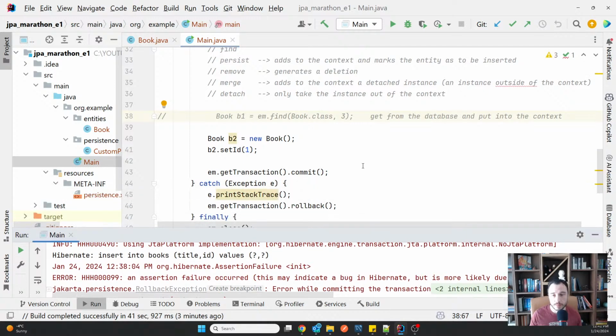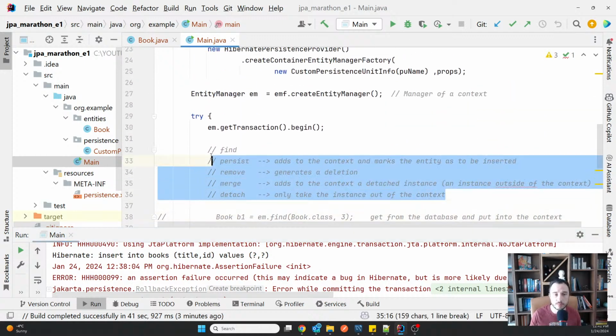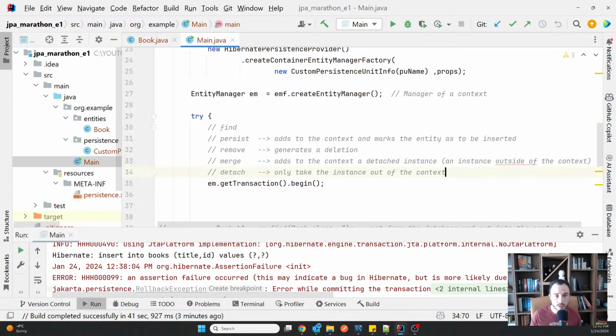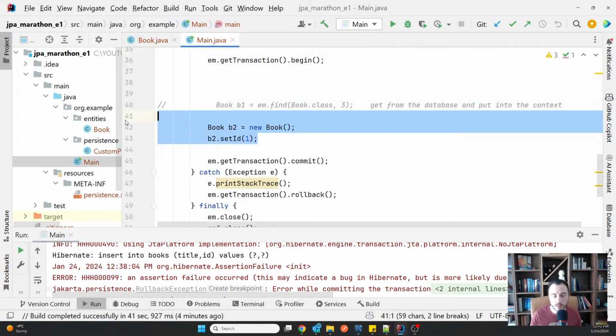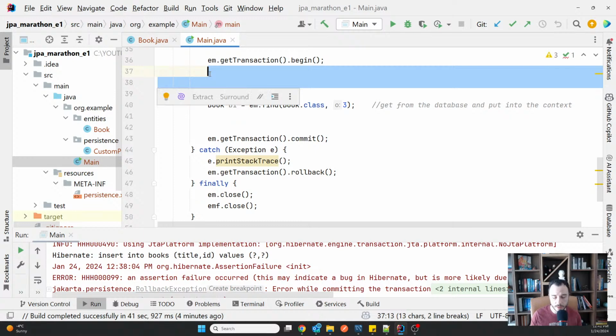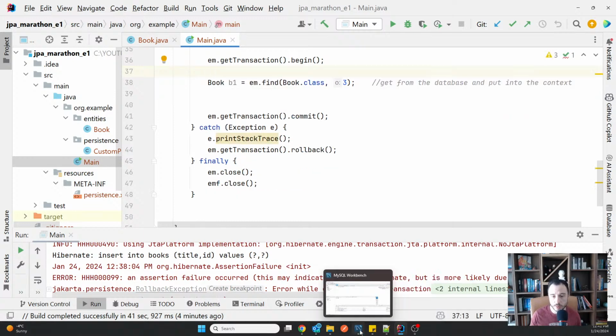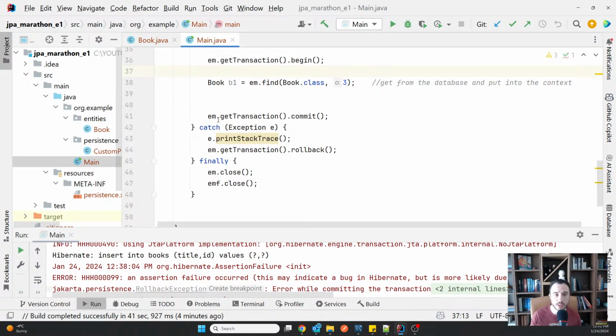Okay, now what about the update? The next thing that usually people ask me, let me put this a little bit up there to not be disturbing, is, what about the update? So let me see, do I have any book now here? No book here. I will have to add one. Let me actually add one first.